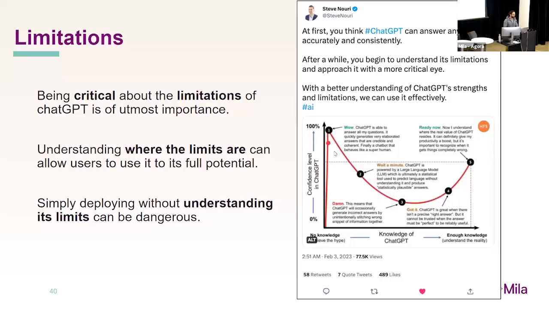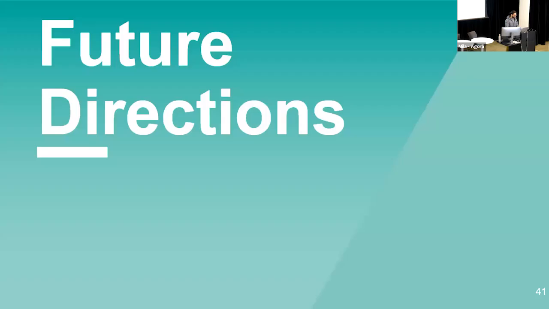And then you start playing more and more with it and you cool down a little. You say, wait a minute, this thing is a large language model. It's essentially a mechanical parrot. It's good at certain things. It's not that good at other things. Let's try to understand what it can do. And once you start understanding what it can do, you can then say, okay, well, here's what it's good at. Here's what it's bad at. Let's use it as a power tool. Let's make ourselves more efficient at writing code, more efficient at writing emails. Let that tool help you. Don't let that tool replace you. It's just not there yet. Okay, so this is where it's important to really be critical with these things. Don't just deploy them without understanding their limits, because that's when you can run into some kind of dangerous applications.